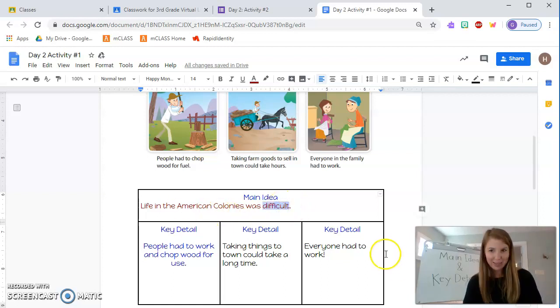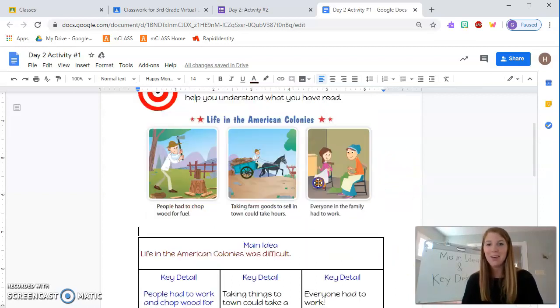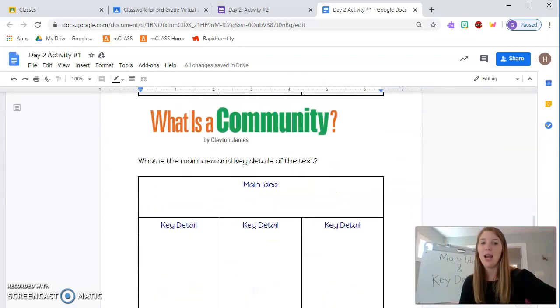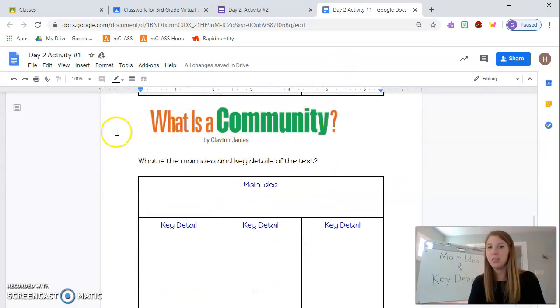If you want to impress your teachers and use a different word here, that would be awesome. All right, let's go to our next activity. So on here, I see that I'm going to be going to a new text called